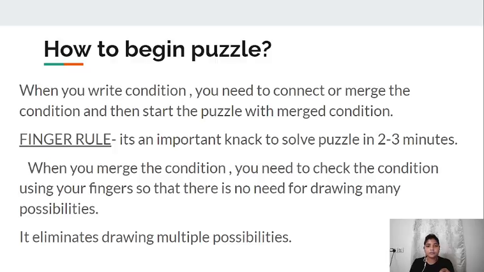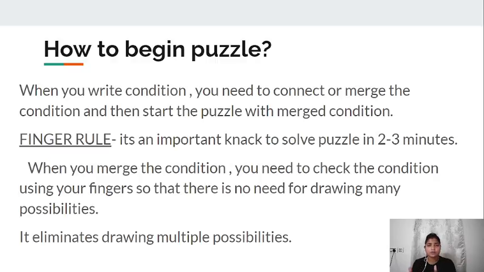And this is very important, how to begin a puzzle. First we will see the question and write down the conditions. Don't make the mistake of reading the whole puzzle, then writing the conditions and then solving it. At the beginning you can do it, but while practicing, after 1 or 1.5 months, you should not read the whole puzzle. First you just read the main question, what it is telling, how many people are sitting, or how many people are going where, what type of puzzle it is. You need to know that.